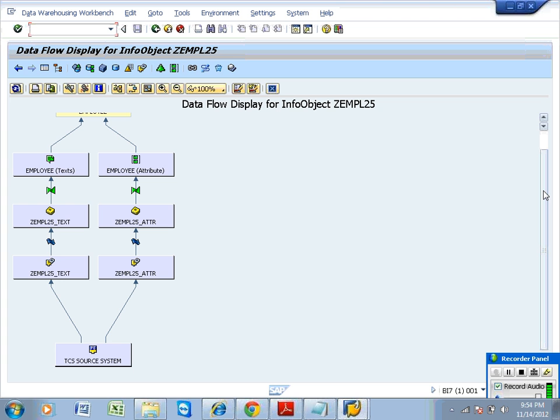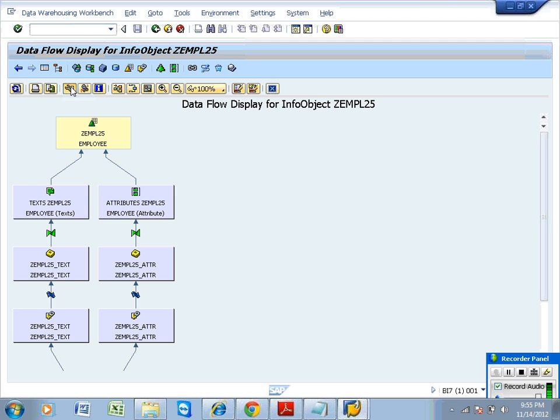You can find the PSA table here. If you try to see information in RSA1 or RSA1 old, right click this, and if you try to see the data flow diagram, then you are going to get something like this. Info object, update and info source, transfer source, then PSA, then data flow, then here you have the PSA table. And once you have the PSA table there, if you click the technical name on and off, then the PSA table also will come up with one technical table.